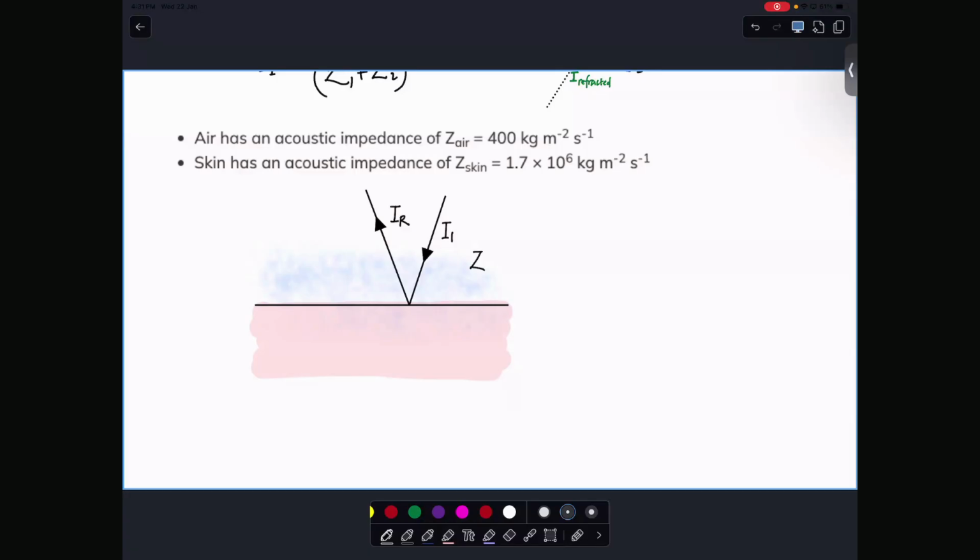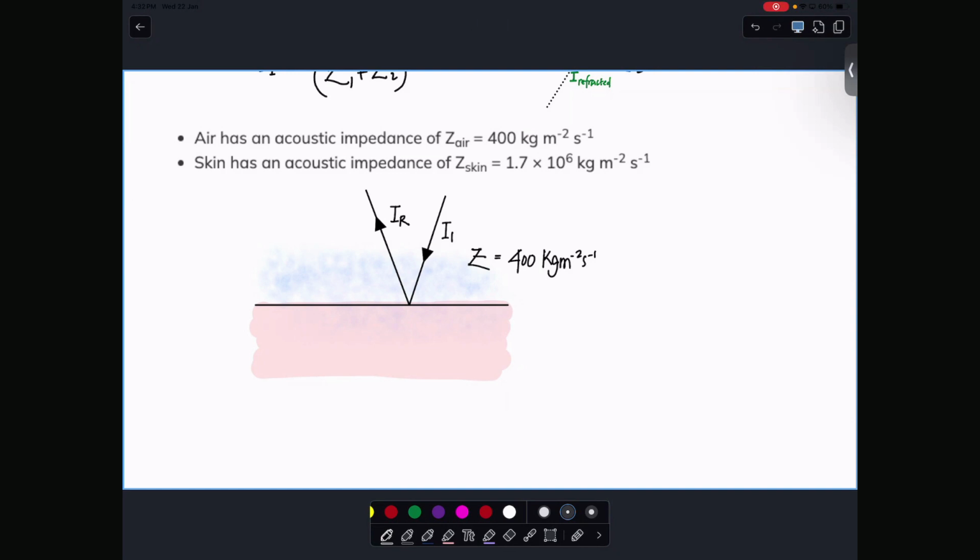What's the Z for air? 400. The unit is very easy, but it looks very complicated. The unit is the rho unit, meaning the density unit times the speed unit. The density unit is kg per meter cube, and velocity is what? Meter per second. Multiply those two and we get this. So the unit is just that. So 400 kg per meter squared second,